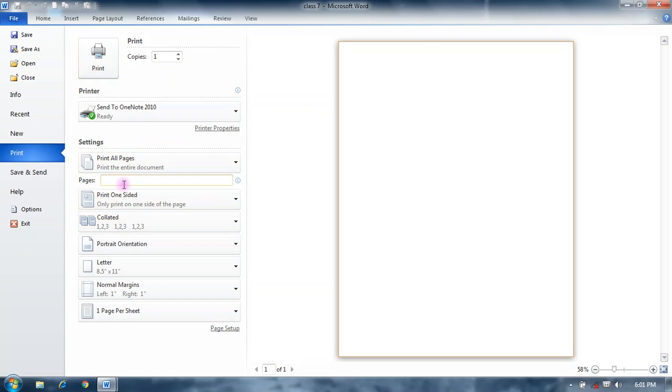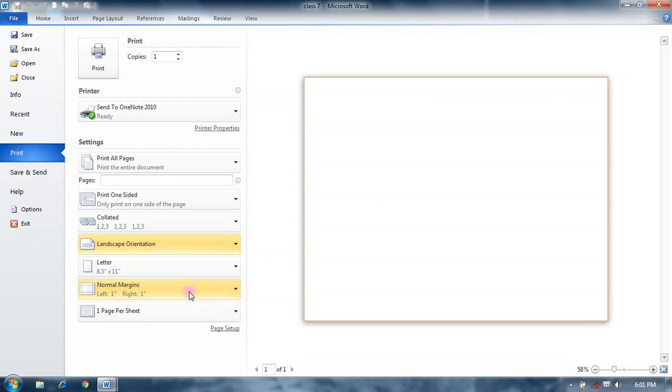If you want to select pages, click on the page option and type which pages you want, like 1, 2, 3. You can also change the orientation of your page.